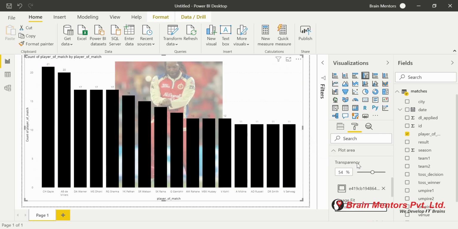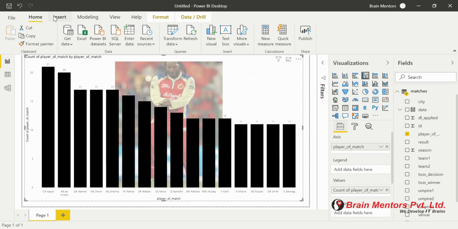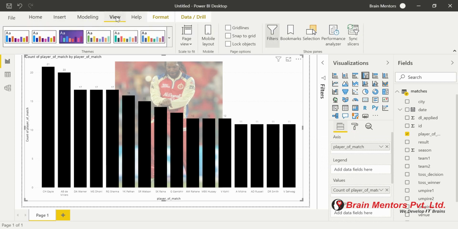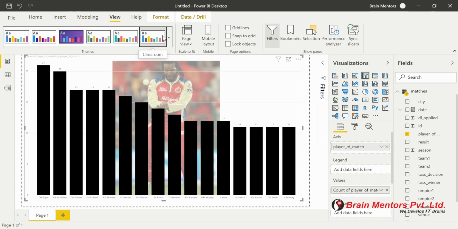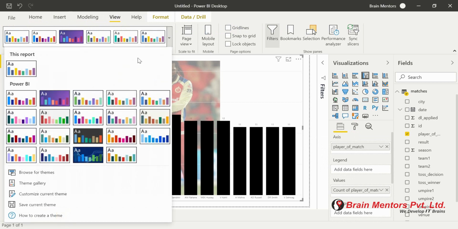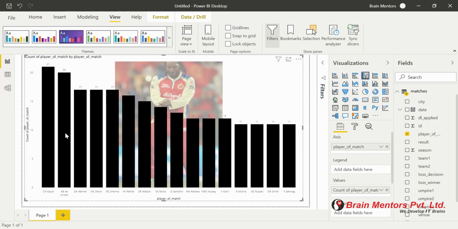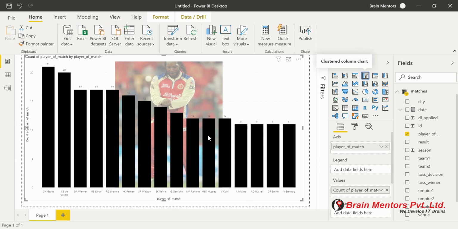So this is the graph now. In this graph, we have made a few changes, styling, and finally, that's how Power BI can make your graph look beautiful. A lot of things you can do, styling you can do. And there is one more area, the view tab over there. In this view tab, there are also a few options that you can select to change the styling of your graph. Right now, I have just selected the styling according to me, like we have changed the color of bars and all. But if you haven't changed, then you can select those also.